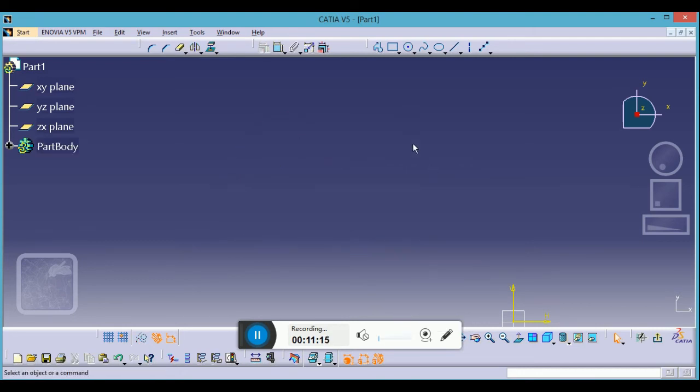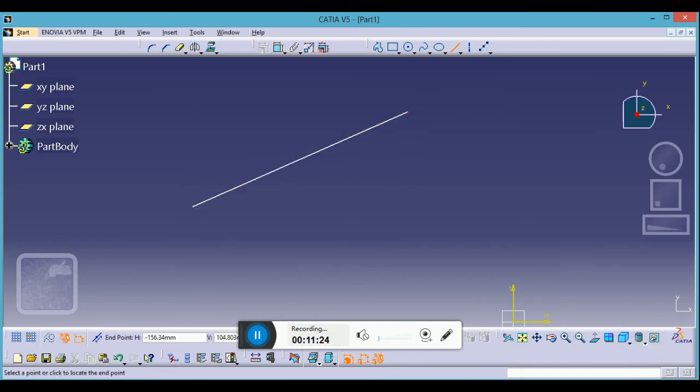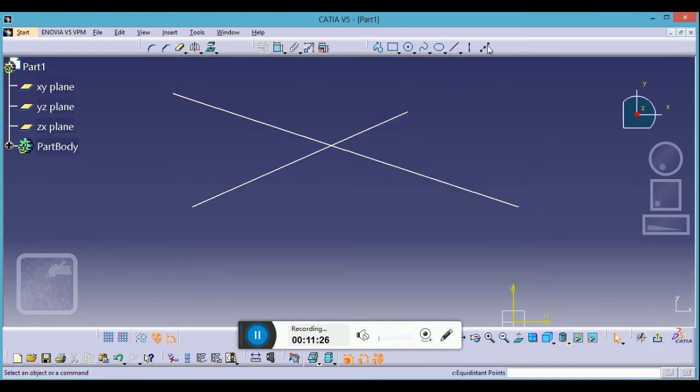Now for your intersecting point, you need some intersection. It does not mean that you regularly have this. You may have a sketch in which two parameters are intersecting and you want a point between them. So you just need to do one thing. I have just generated those reference lines.